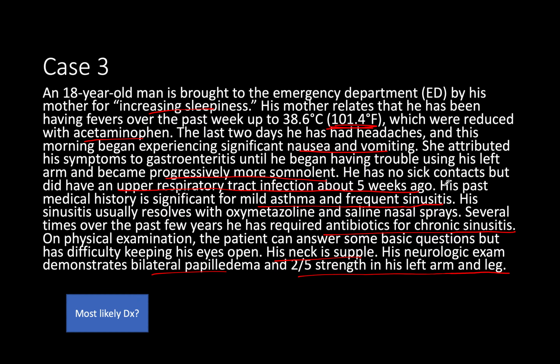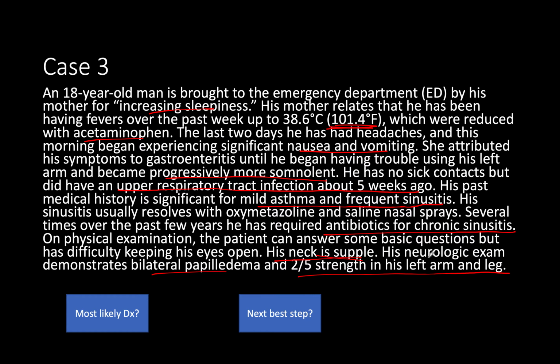The last thing that could come to mind with this age group, high fevers, you could possibly think of a meningitis, although this presentation is not really typical for meningitis. You usually don't see focal neurological signs like decreased strength in certain areas of the body with meningitis. This patient's neck is supple, meaning there's not rigidity when we try and bend the neck, right? With our Kernig's and Brudzinski's sign. So, long story short, really the highest things on our differential should be intracerebral abscess and our dural abscess.